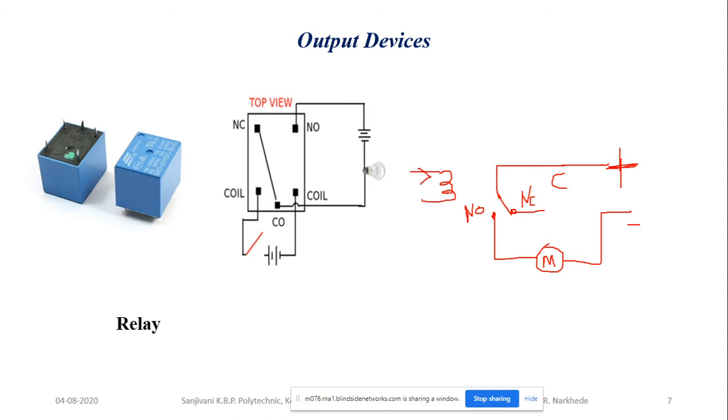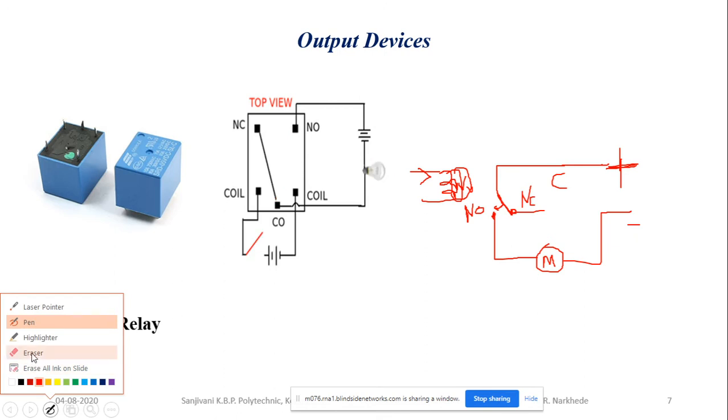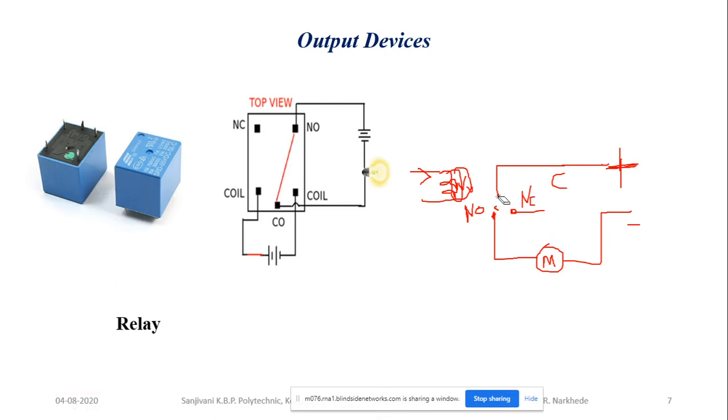When I have given the supply to this coil, the magnetic field will get produced over here. So when this magnetic field is produced, what is the property of the magnet? It will attract a piece of iron towards it, and to the common terminal we attach one plunger. So when this magnetic field gets produced, it will attract that plunger towards it. So this will move from the NC contact towards the NO contact, and when it moves, it will make contact with NO and complete the circuit through the NO contact. So it is like this.